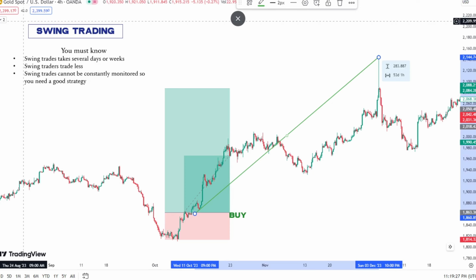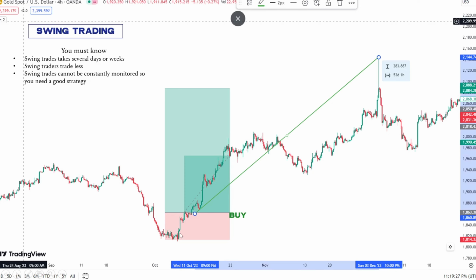I mean, just look at this trade for instance. Imagine you took a buy at this level, right? You took a buy at this level. This is your take profit. This is your stop loss. Now, if you were not having a very serious strategy, this would have hit your stop loss, right? But let's just say for the sake of this video, you have a serious strategy. Now, this is your take profit.